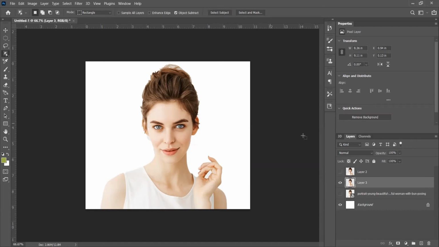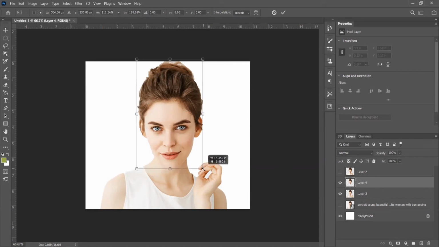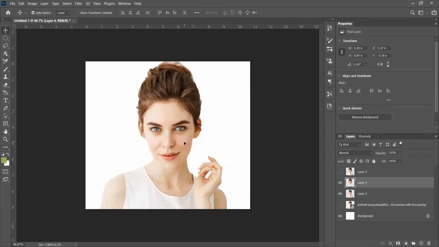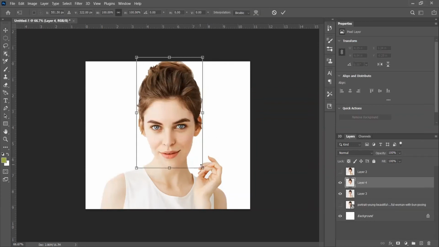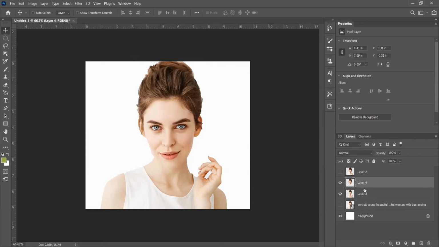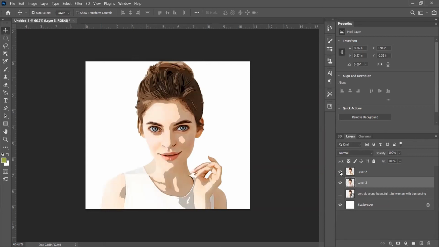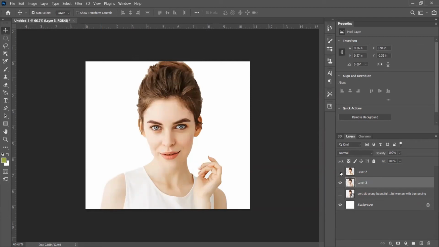Then what I will do now, this face portion, I will again select. So again I will click on this face and then again Ctrl C, Ctrl V. So why am I doing this? See, I am just scaling it a little bit so that it will look like a cartoon, right? Okay, this is enough. Then I will merge these two layers. See, I have done this. This is the result I want.